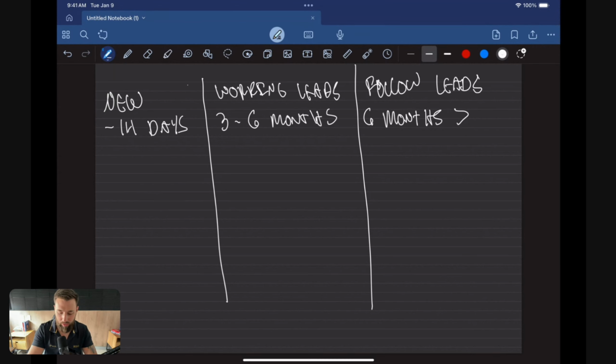Basically, when they get into one of these buckets, these are qualified leads. So that means that they're a verified seller. They do want to sell the property. They are the owners, at least. Maybe they just don't want to sell it right now. You know, maybe they have some things that they need to work out. And so that's where we break them into the working leads and the follow-up leads process.